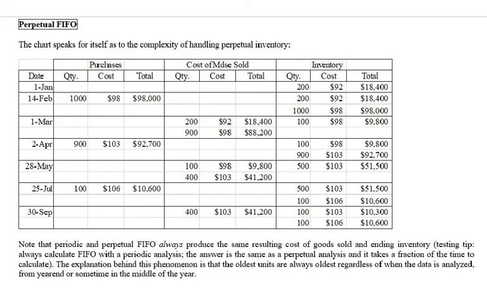And now we switch gears from periodic to perpetual inventory, and of course immediately you can see why you need a computer for this. It gets a whole lot more complicated because we end up having 3 sets of 3 columns to deal with when we're tackling our inventory. So the first set of columns is dedicated to handling purchases, the middle set to cost of merchandise / cost of goods sold,